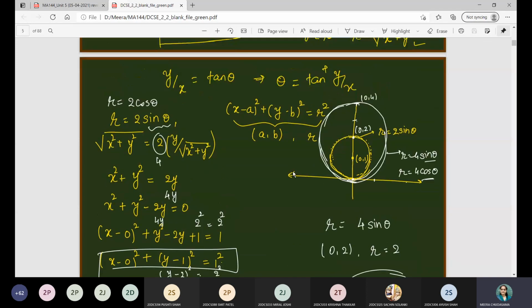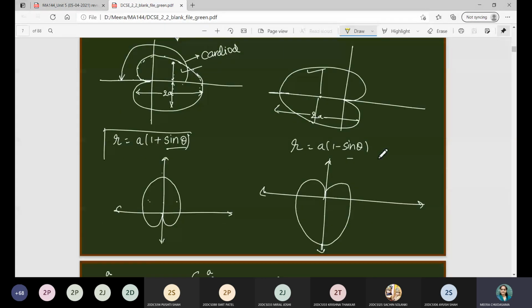Also, when you are given an equation in terms of r and theta, when that equation turns out to be a circle, that also we have seen. Whenever you consider r equal to 2 sine theta, or any constant quantity with sine theta, it will always give you the circle symmetric about the y-axis, whereas for the cosine function, cos n theta with a constant, here cos theta, n is 1, it will be the circle symmetric about the x-axis. That part I have given you as homework, right? I hope that all of you have done it.